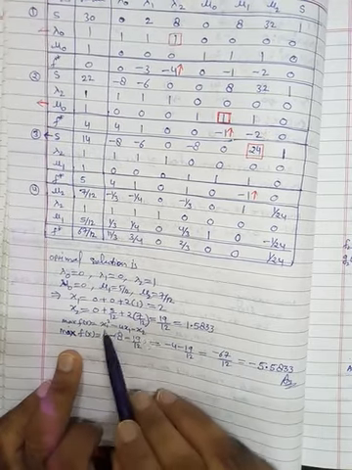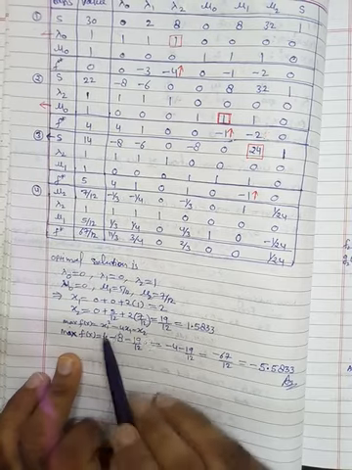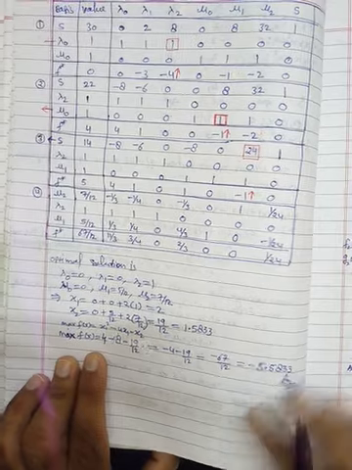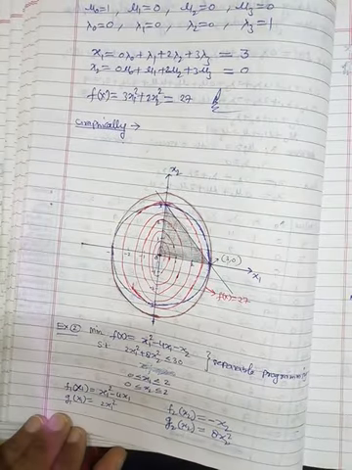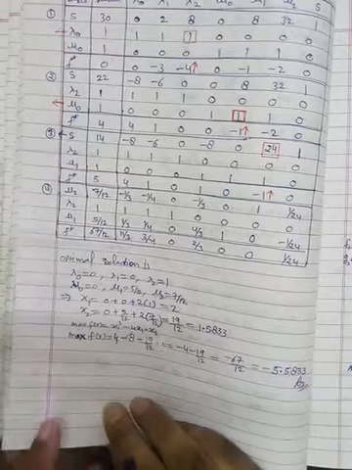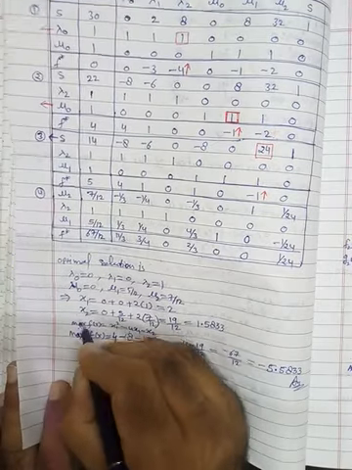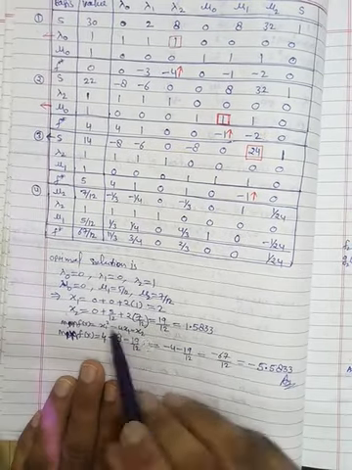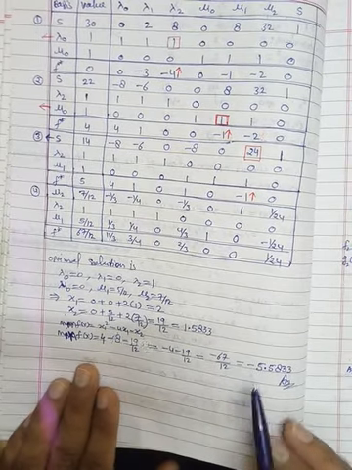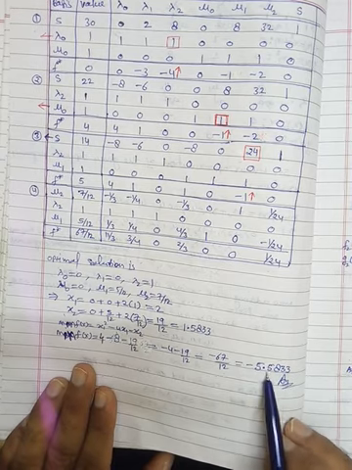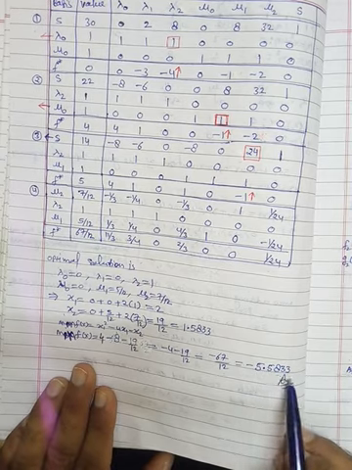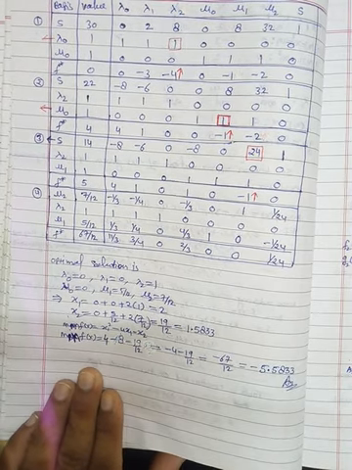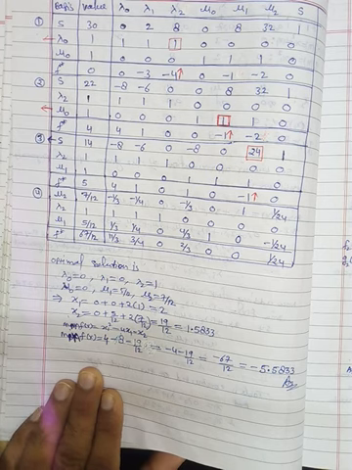Then the minimum of f of x is x1 square minus 4x1 minus 8x2. Substitute the values. So what will we get? This is the minimum. So we put the values and get -67 by 12, which is -5.5833. So this is the solution. So this is the procedure for how to solve the separable programming problem. Let us take another problem.